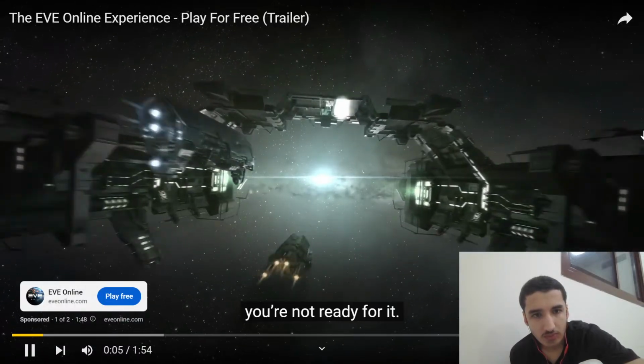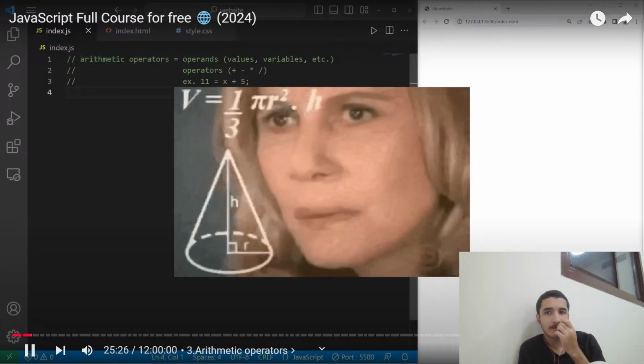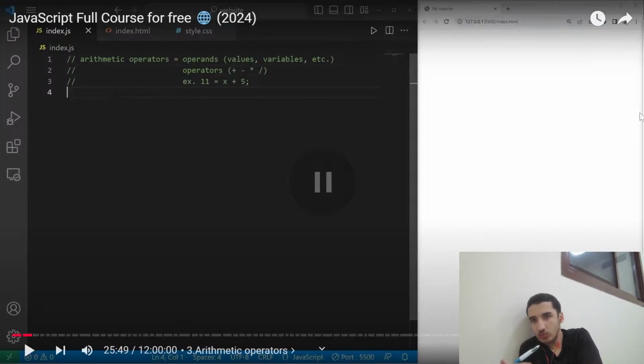You're not ready. Yeah, what's going on, everybody? So today I need to explain arithmetic operators, because, well, programming can sometimes involve a lot of math. Operands are values, variables, etc. In this equation, 11, x, and 5 are all operands. Operators, they can include, but are not limited to, addition, subtraction, multiplication, and division. In this equation, the addition sign would be the operator. So there's a few things you should know regarding arithmetic operators in